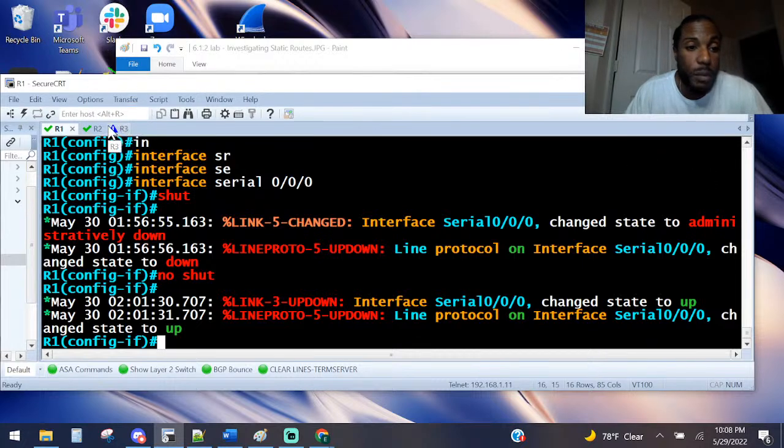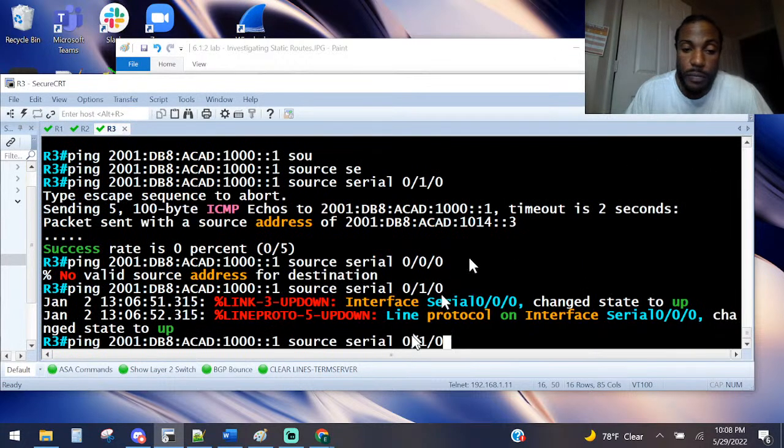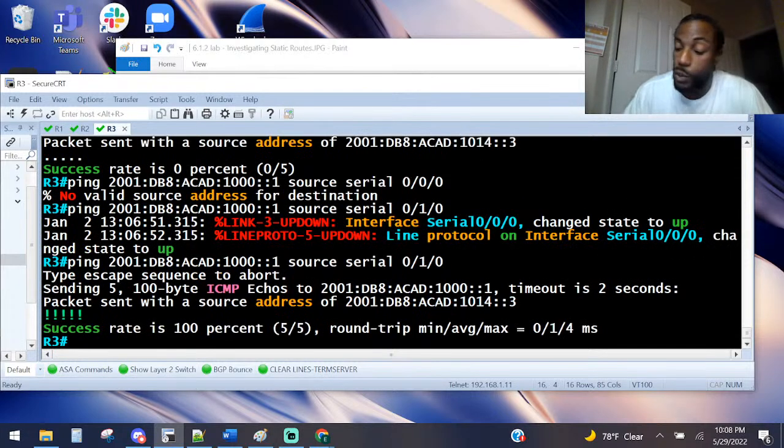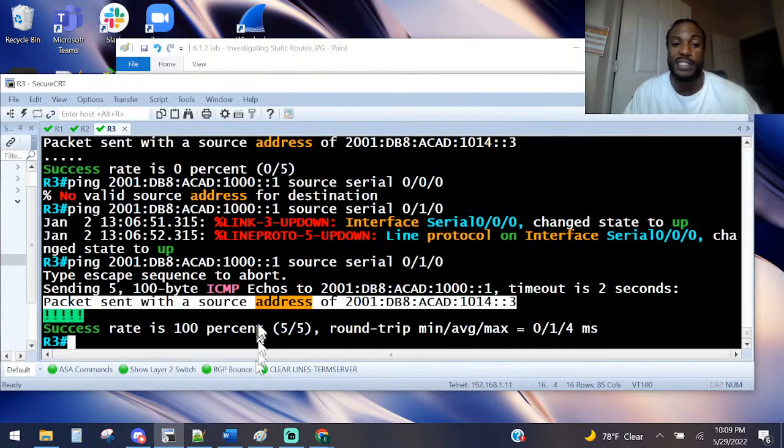We about to wrap it up here, but I just wanted to ping it real quick first. Bloop. There it go, right there. Now it came up. It's something with the floating static route that I had right there. And I don't feel like messing with it right now. So we got 100% success rate. We was able to